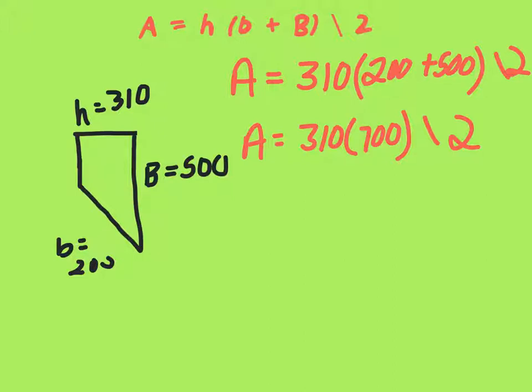You're going to have 217,000. Then you're going to divide that by 2. And when you divide that by 2, you'll get